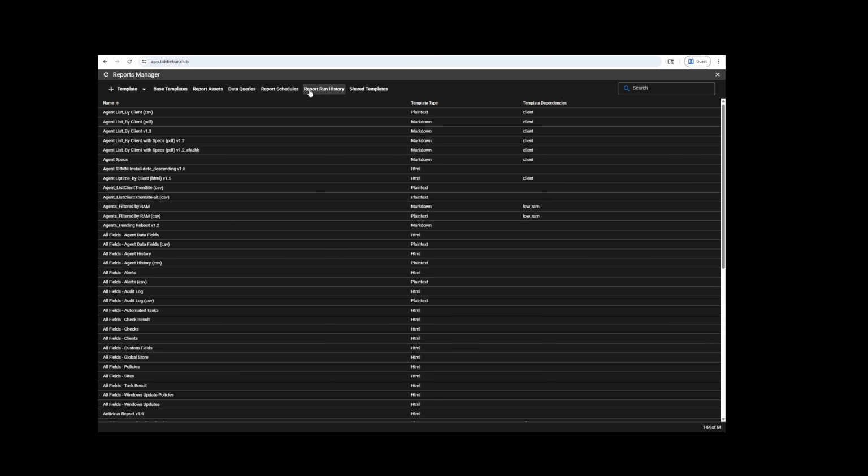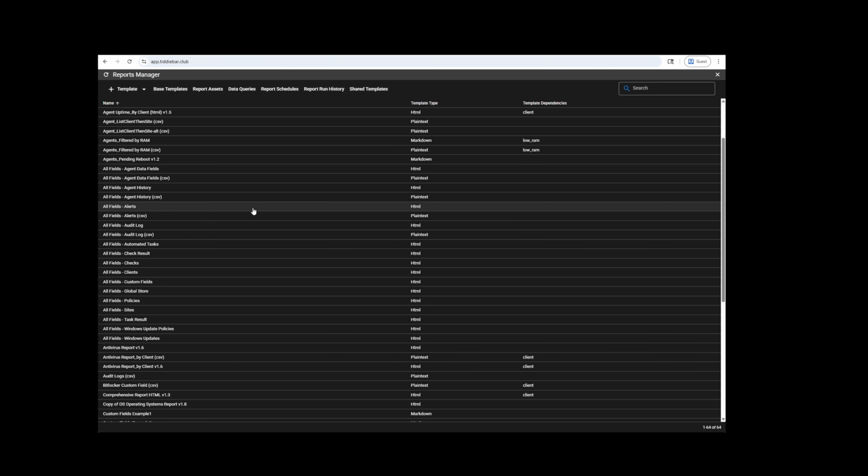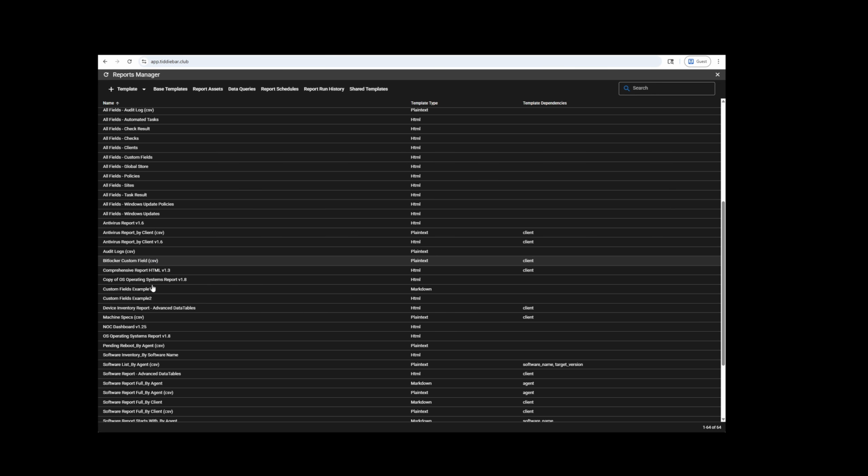The first thing you'll notice, there are two new buttons here, one for report schedules, one for report run history. So now if we run a report, I'm going to